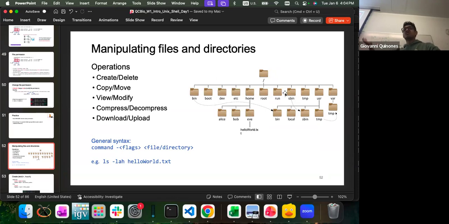This has all the components needed for your computer to pretty much work. Now, as Hoffman users, we don't have access. We can see these folders, but we cannot modify them, right? Because we're not root users. But on your own laptops, your personal computers, you are root users.